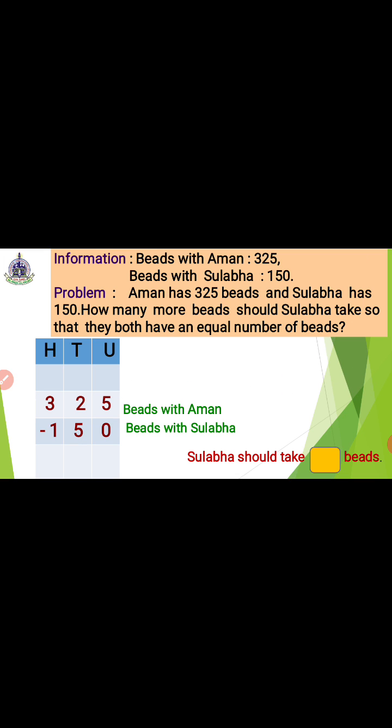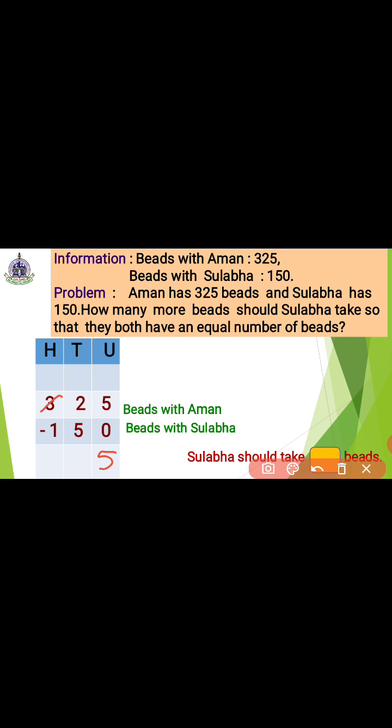To find out the difference, what will we do? We will subtract. So first we will write the bigger number, that is 325, in the proper column. Downside we will write 150, the smaller number. So on the top beads with Aman, that is 325, and on the downside beads with Sulabha, that is 150. Now we will subtract. 5 minus 0 is equal to 5. 2 minus 5. As 5 is bigger than 2, we cannot subtract 5 from 2. What will we do? We will borrow